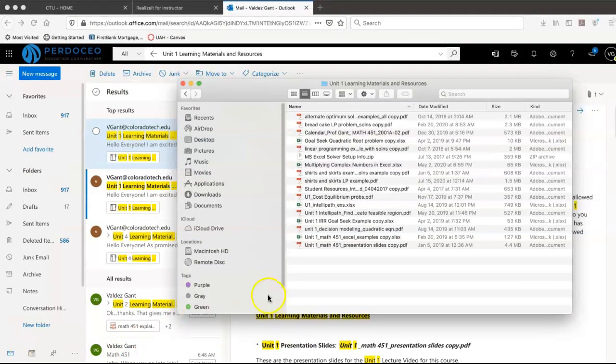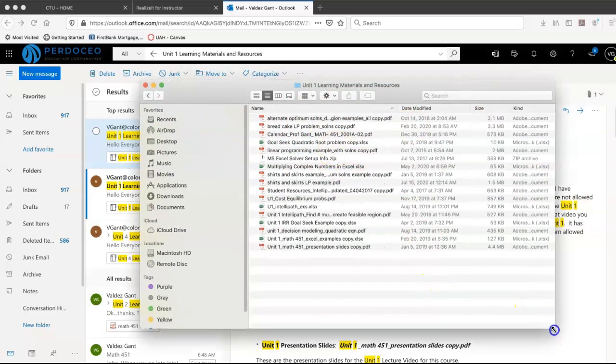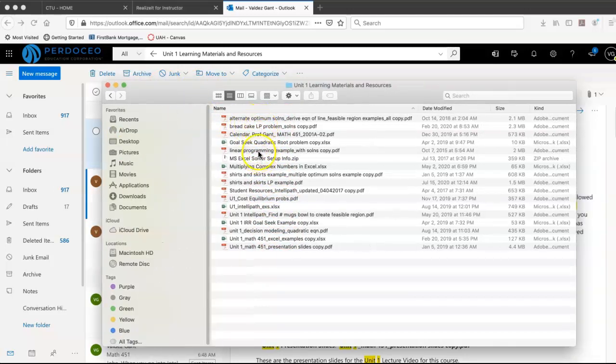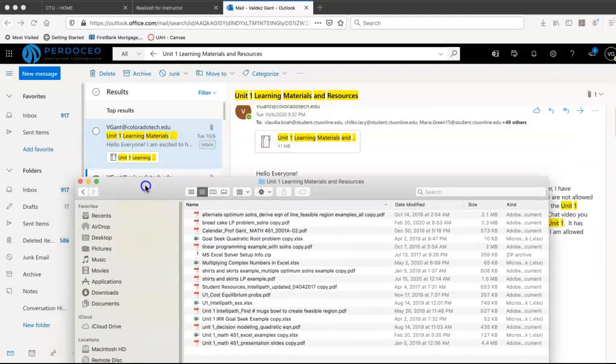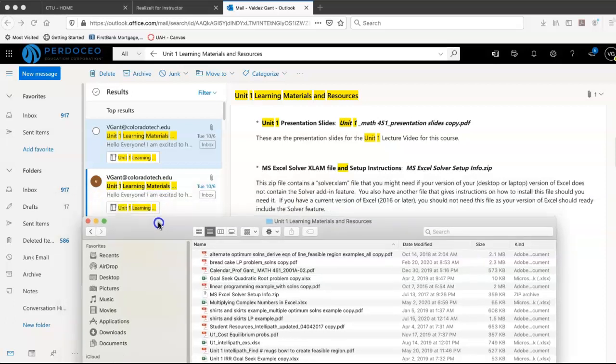All right, sorry for that short pause. I had to resize everything because I think I clicked on something wrong. But here you see that I have a list of files here. And so these files are here to help you out. Now, I've named these files as best as I can so that you kind of know what's in them. I'm going to scroll up on this email here and notice